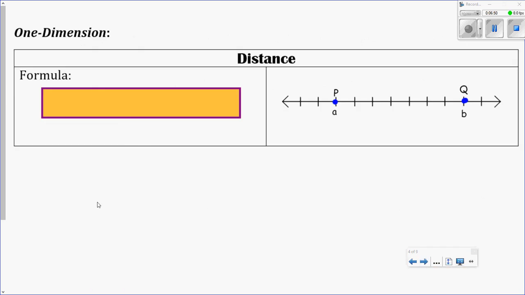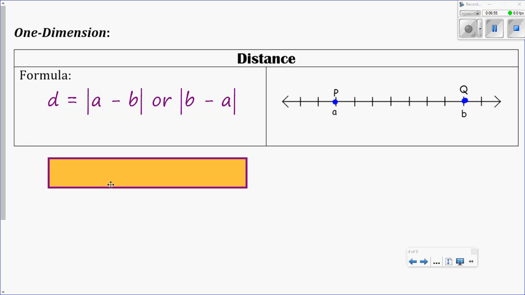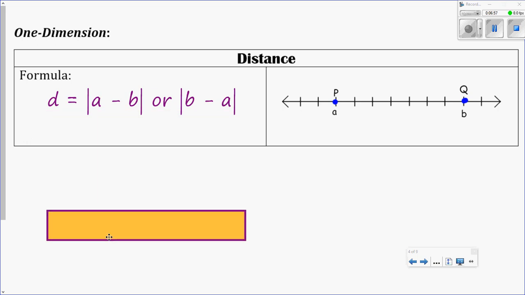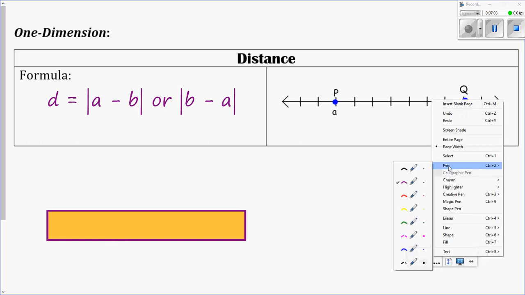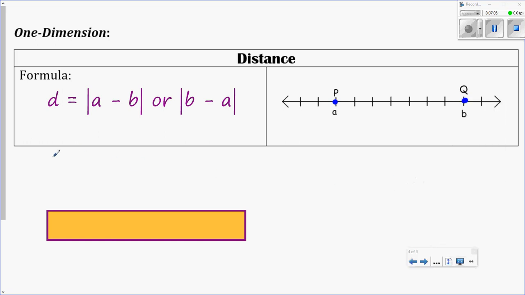So the formula for distance in 1 dimension is d equals the absolute value of a minus b, or the absolute value of b minus a. And I'm going to write that the absolute value, you may have seen this symbol, there's 2 vertical lines, that means absolute value. And an absolute value, whatever value is inside those 2 lines, if it's negative or positive, will come out